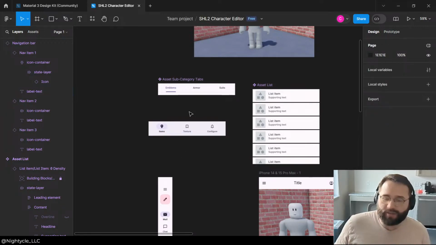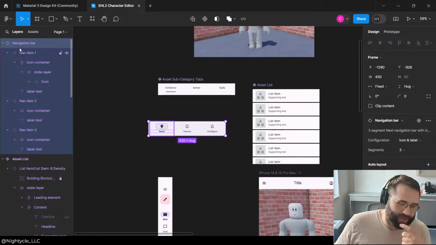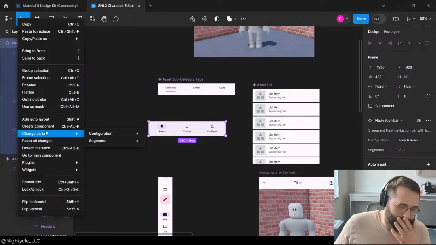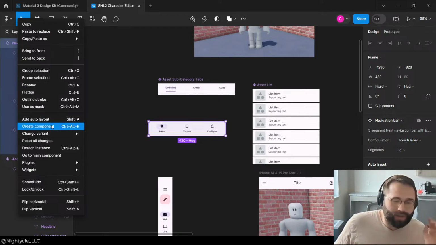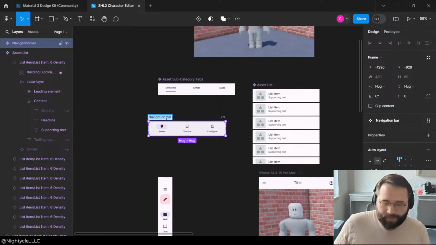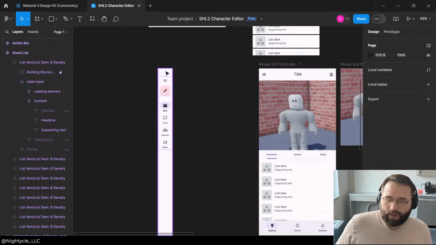All right, so items, texture. I know that the actual buttons, the actual icons, don't make sense. All right, okay, okay. So now,